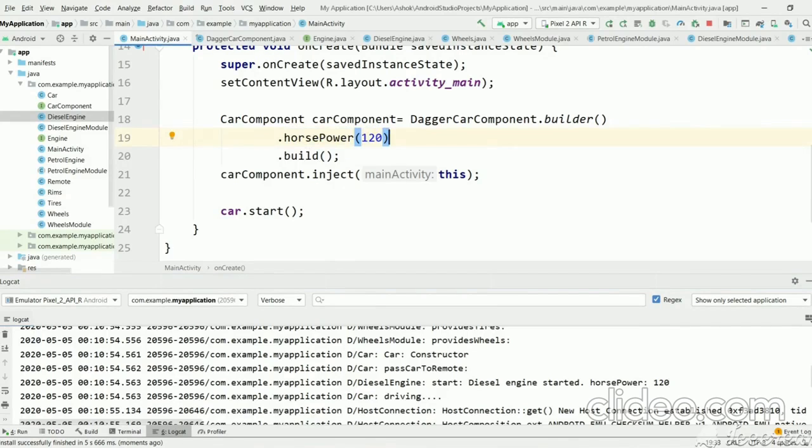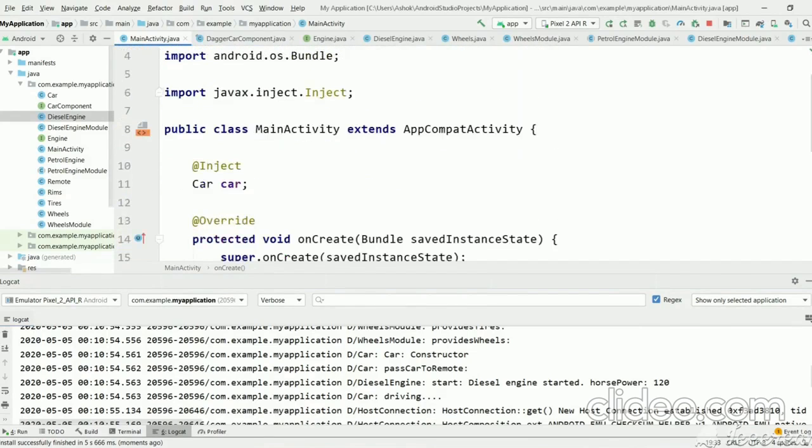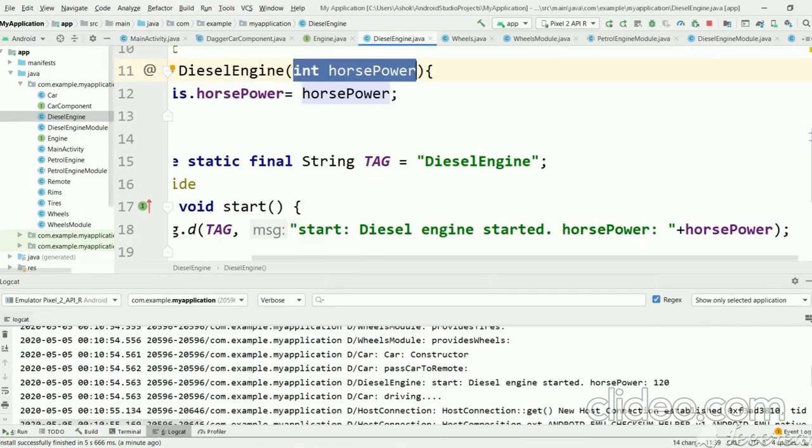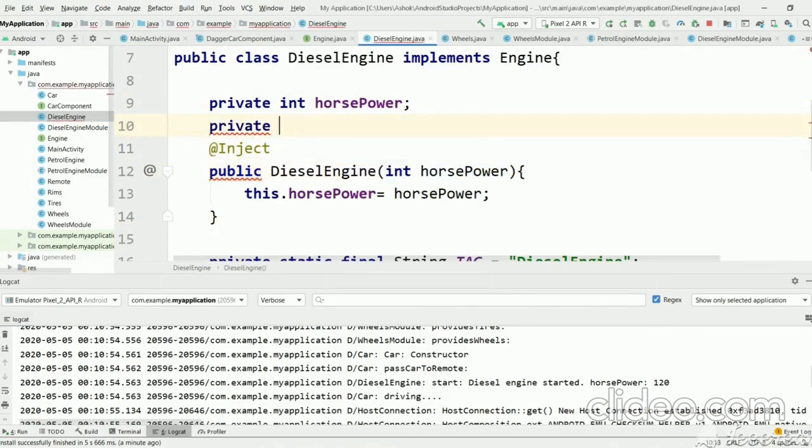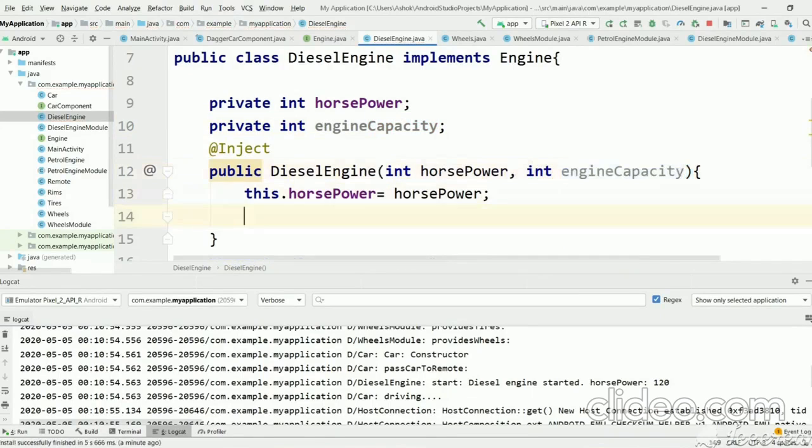And now let's see a very interesting thing. Diesel engine presently has only horsepower as an argument. Let's create one more variable, engine capacity, and take that argument also, and assign it.